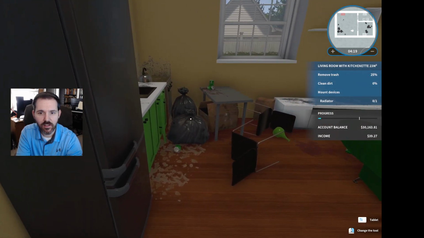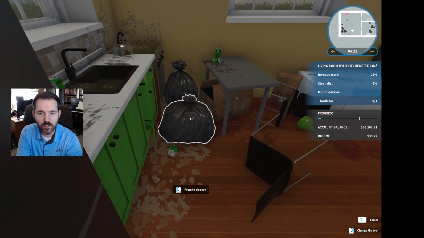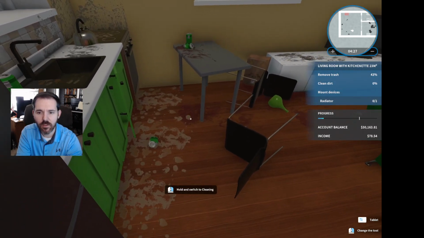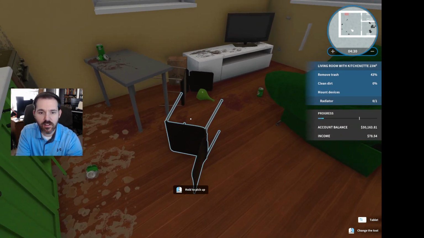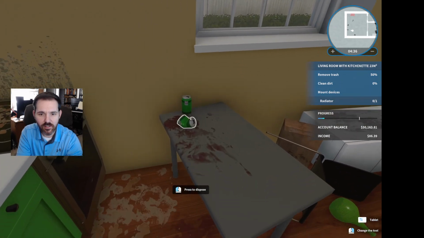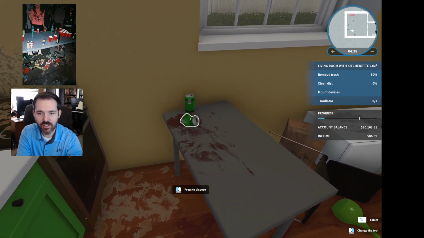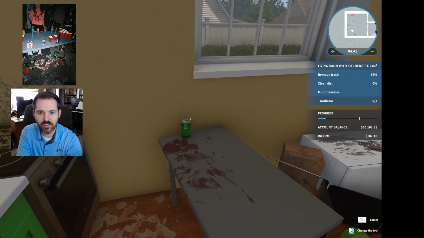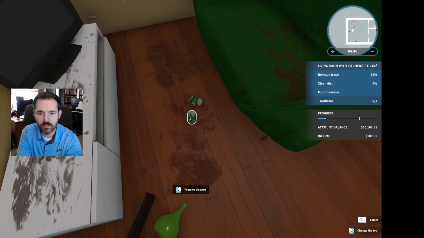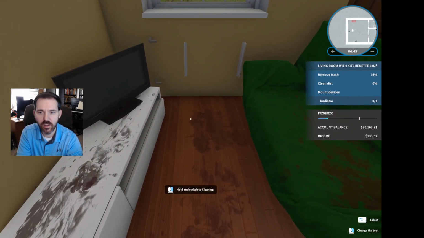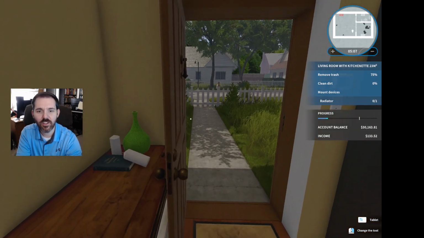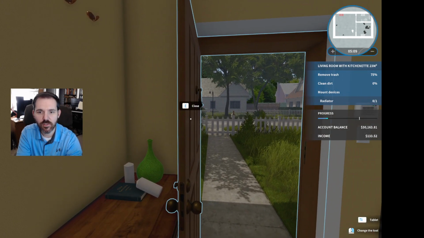There is a garbage bag, some garbage bags, and a box under the table. Let's get this can. Looks like somebody was having a party and they just left their crushed cans on the ground. Oh, oops, I forgot to close the door. Let me close the door.